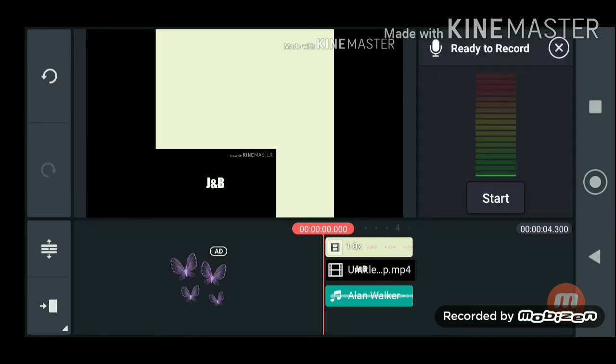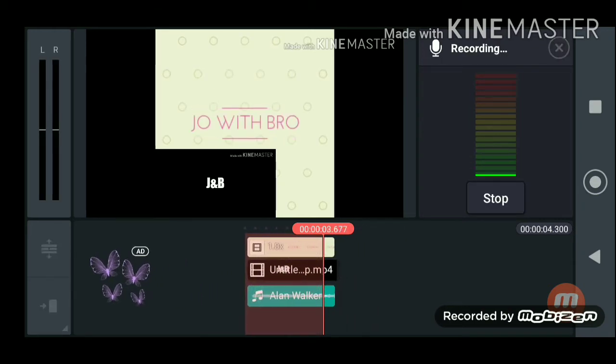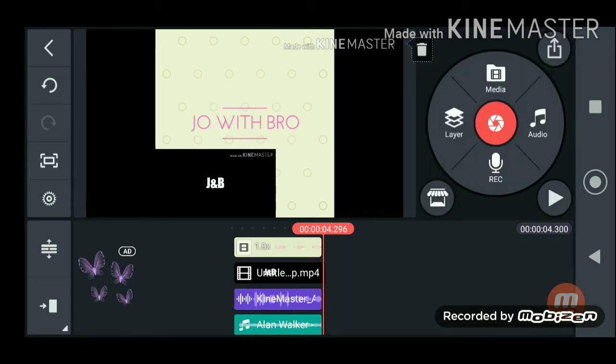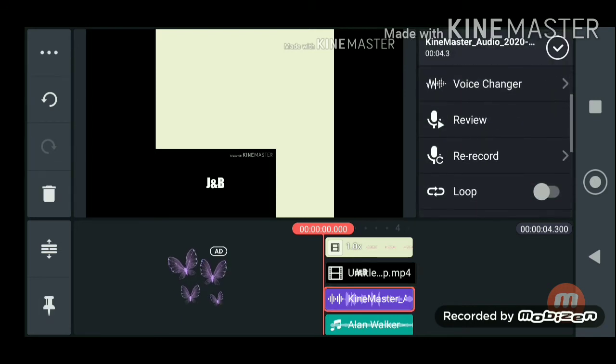So start. After you finish, it will get stopped, and when you click on it, it will tell you to wait. You should not start whenever you want. When it comes to stop, you need to start at that time after the wait button goes. So as you can see, it's added in the layer like this. So these are the sounds.